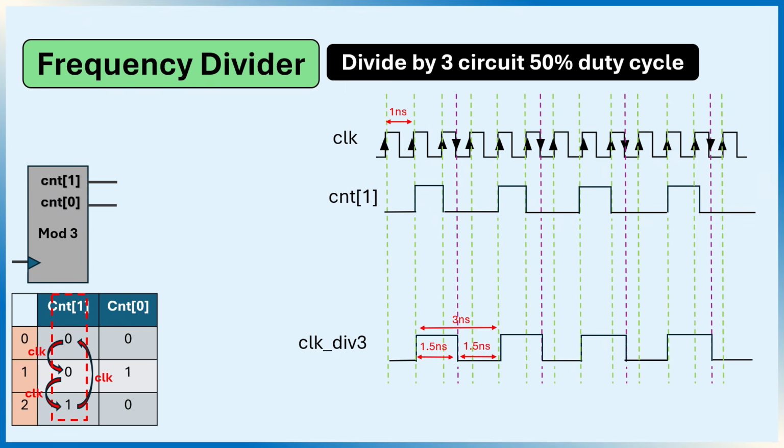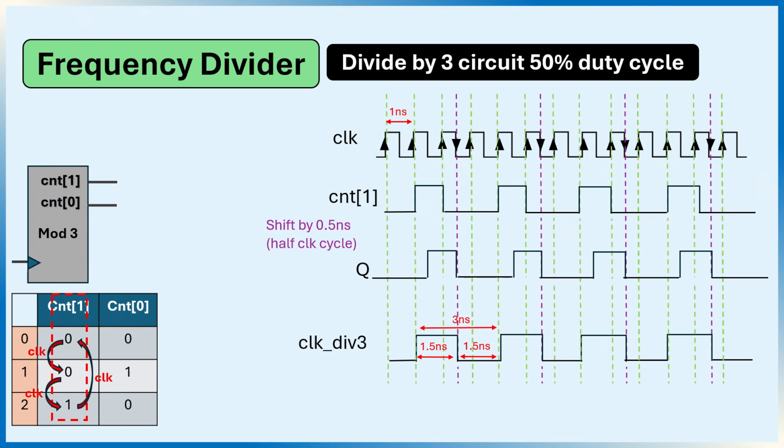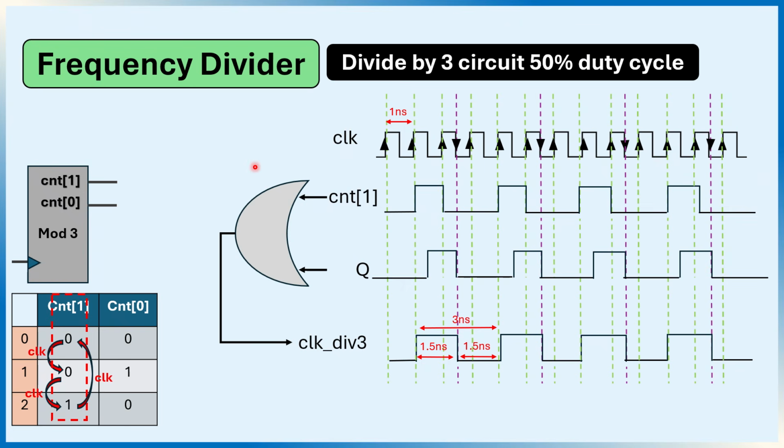The way we do it is by taking this counter 1 and shifting it by half a clock. Let's look here at the next waveform. We're going to shift it until it meets the negative edge, the transition. And by doing an OR operation between those two waves, we actually get this wave, which is exactly the clock divided by 3